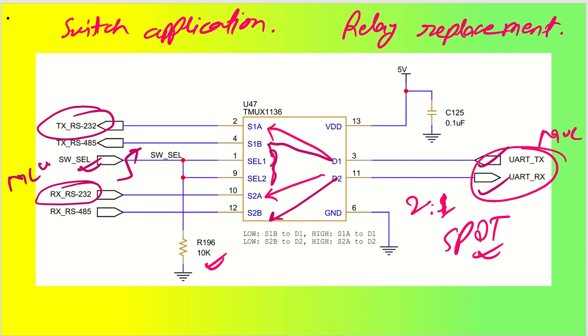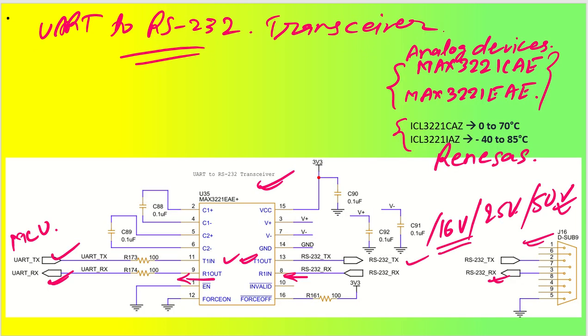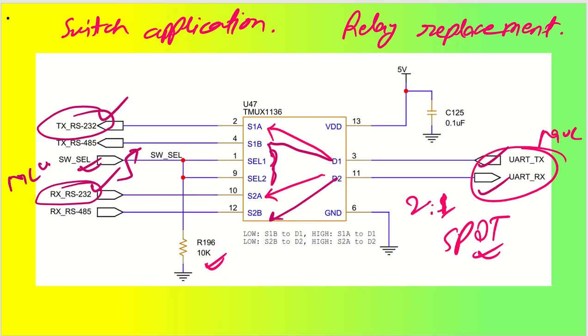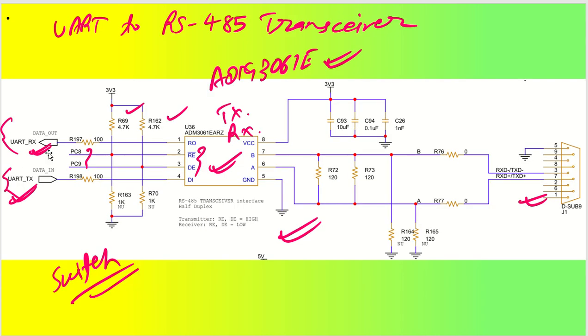Okay, and these two signals will be coming as the input of your RS232 signal, TX and RX. So rename them as RS232 TX and RS232 RX. Similar to that, I will change it to TX RS485 and RX RS485, so that it gets connected at the input of your RS485 transceiver, and you have to rename the data out signal and data in signal of your UART as TX RS485